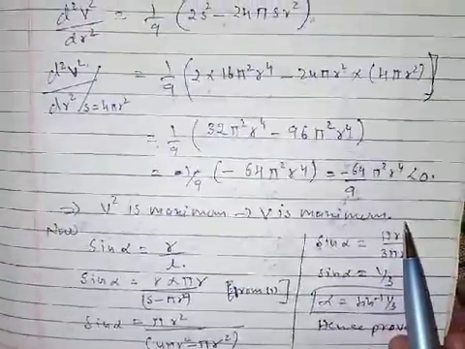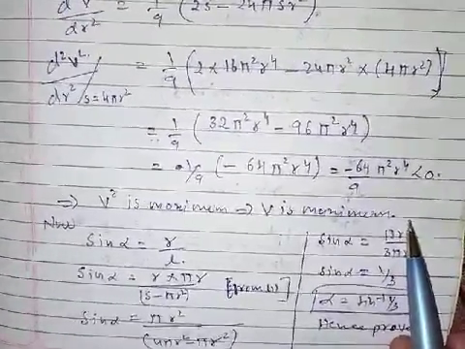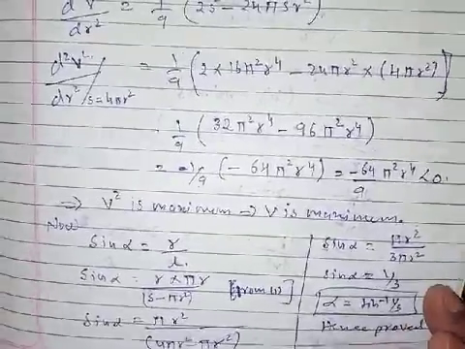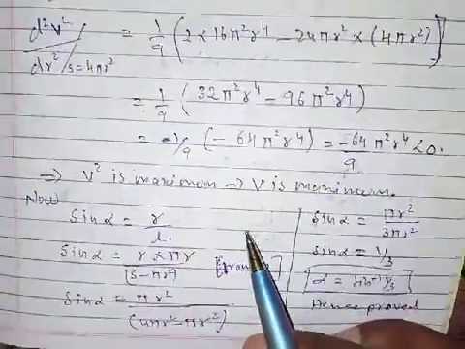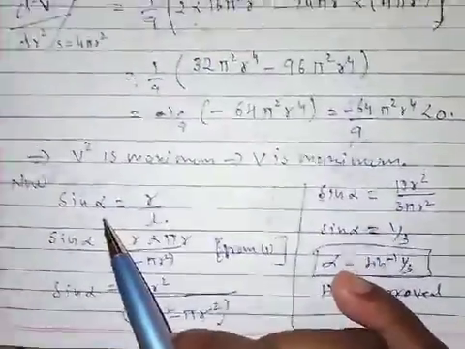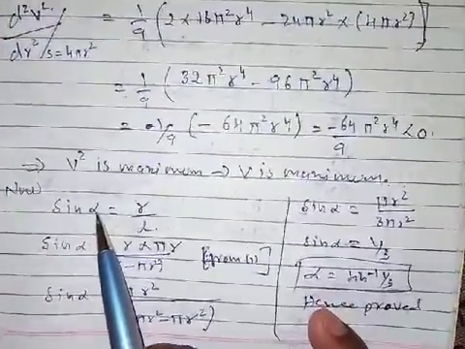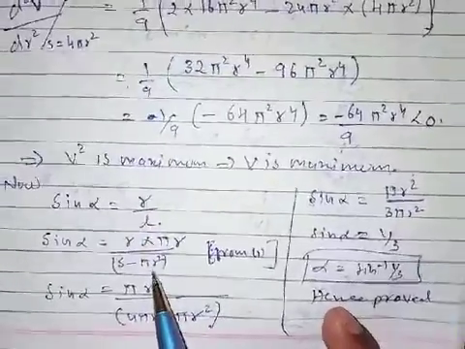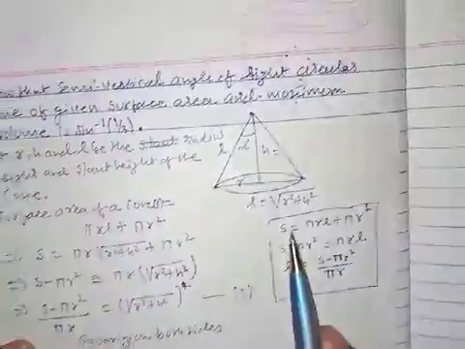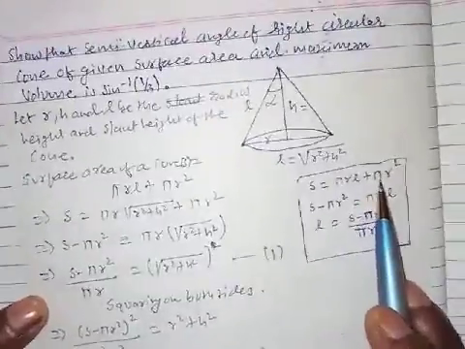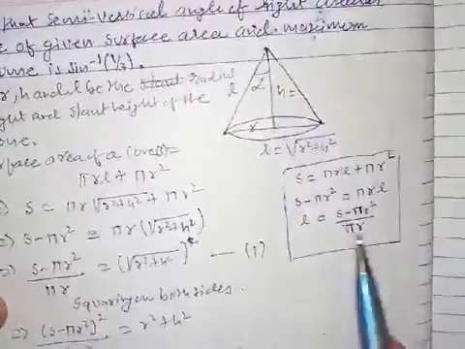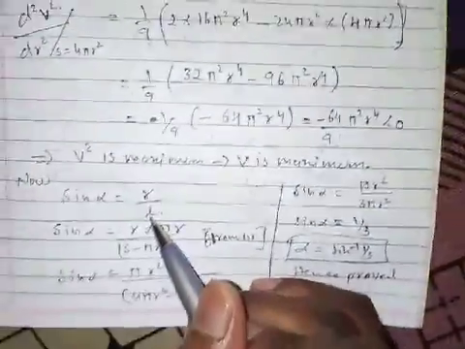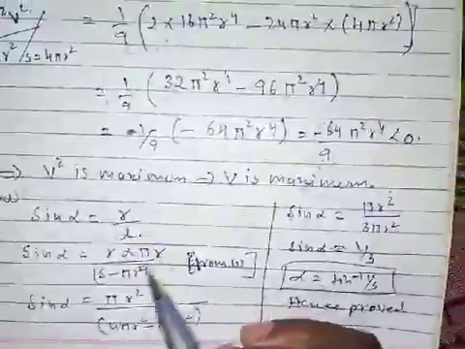Now let's go back to the question. What do we want? Maximum volume. It is a maximum volume, we proved. Now we have to prove that the maximum volume is also involved in this sine inverse. So sine function according to the figure is R upon L. Okay, what is L? From S is equal to pi R L plus pi R square. So L value is S minus pi R square upon pi R. If you substitute, because it is 1 upon L now, so if you substitute, you will get